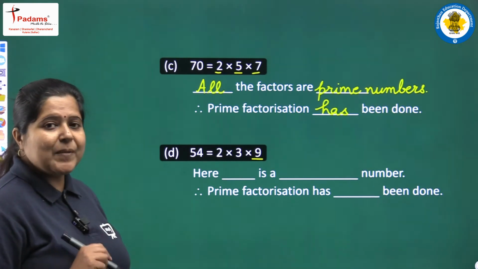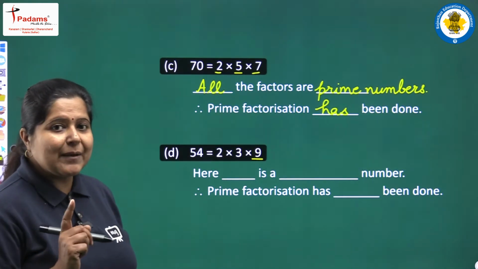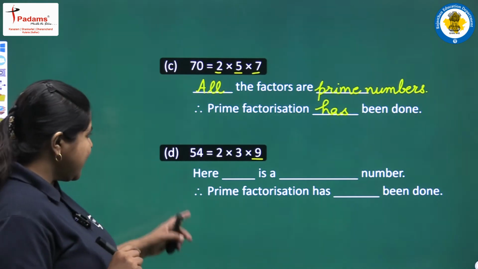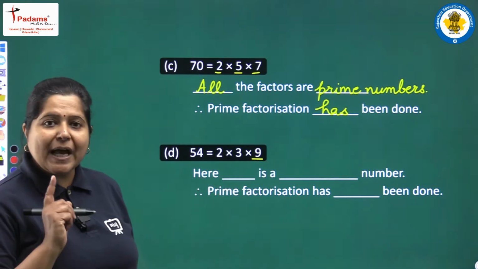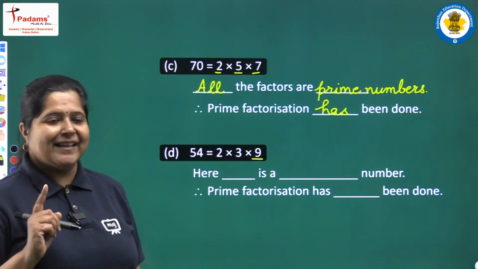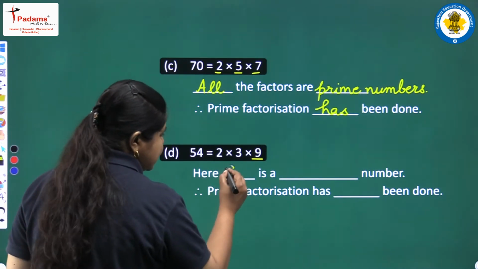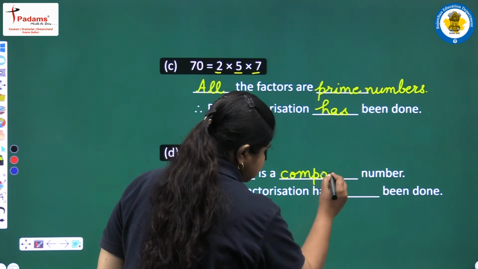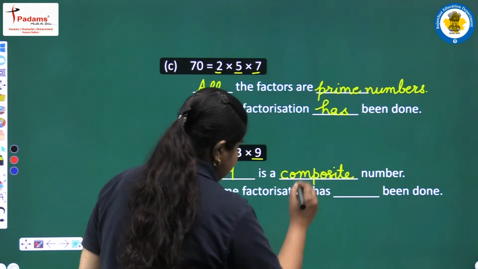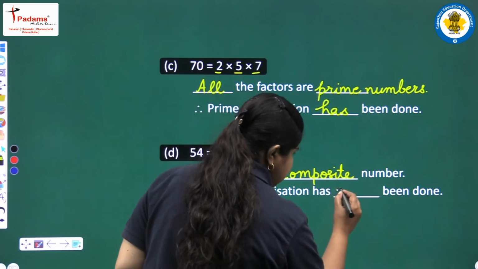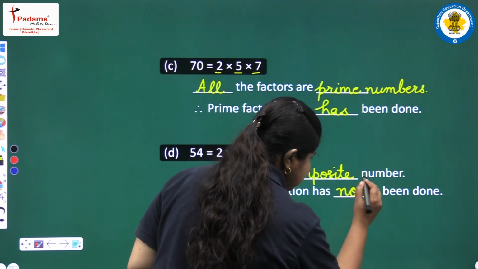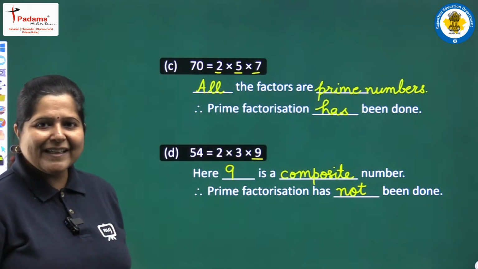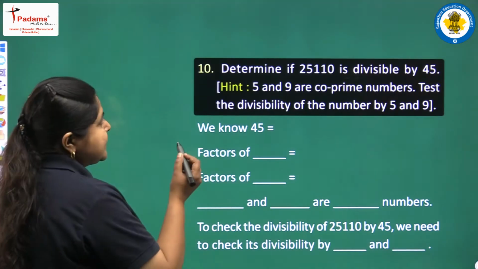तो 9 यहाँ पर composite number है, prime number नहीं है, और इसलिए इस फैक्टराइजेशन को हम प्राइम फैक्टराइजेशन नहीं कह सकते. तो यहाँ लिखेंगे here 9 is a composite number, not a prime number, and therefore prime factorization has not been done here. Okay, clear to you? Next question is, determine if